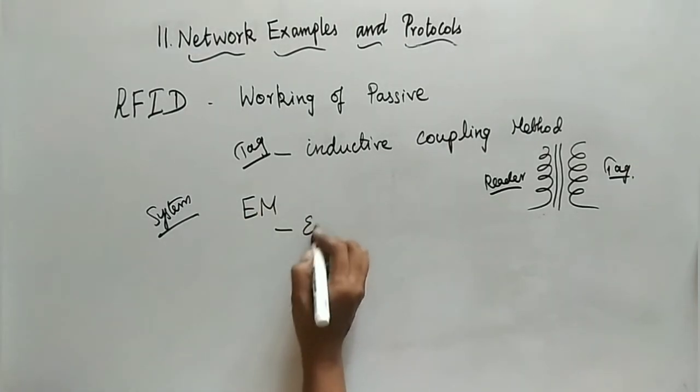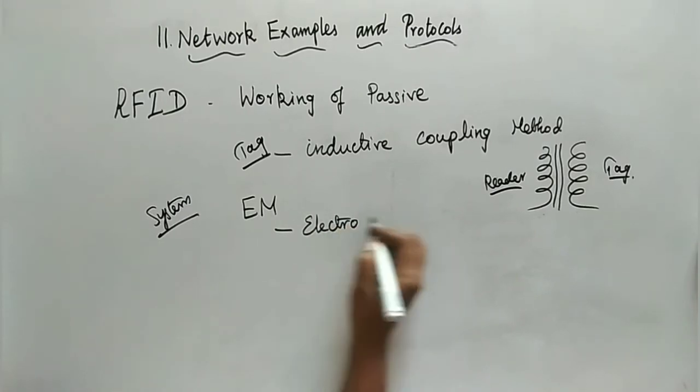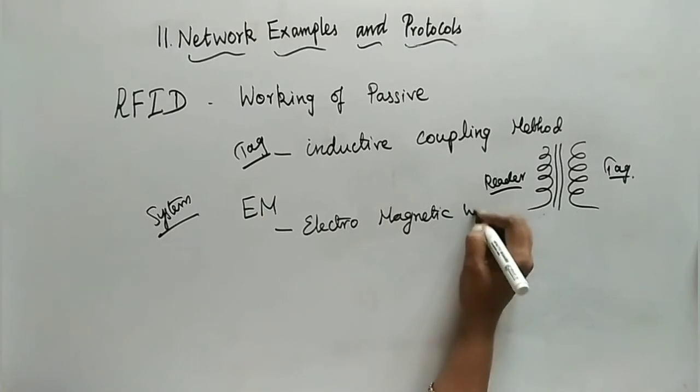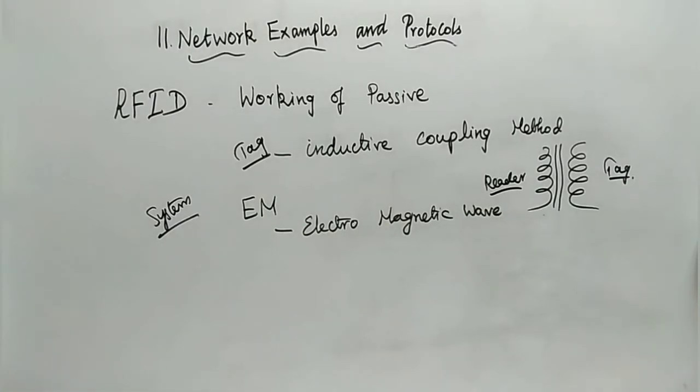It is going to get the power by means of electromagnetic waves. Electromagnetic waves, yes, it is going to send and receive the information. So this is the case by means of which the passive RFID is going to work for you. Passive means nothing but it is going to get the power source from another. It is unable to generate power of its own. It is going to get that from another only.